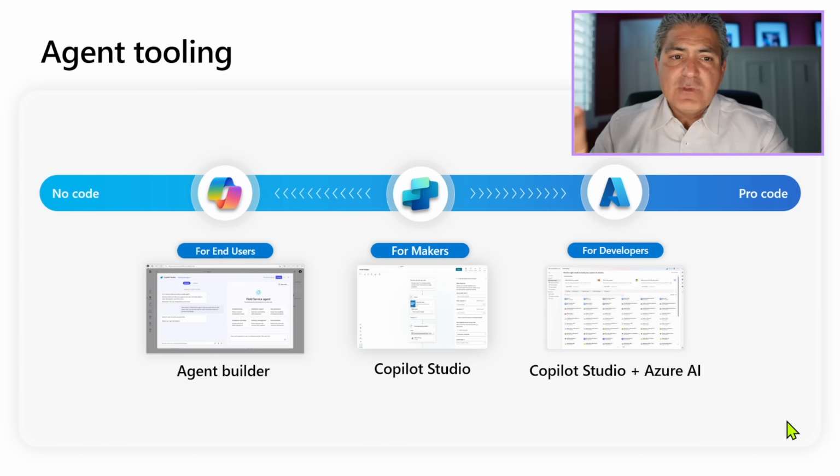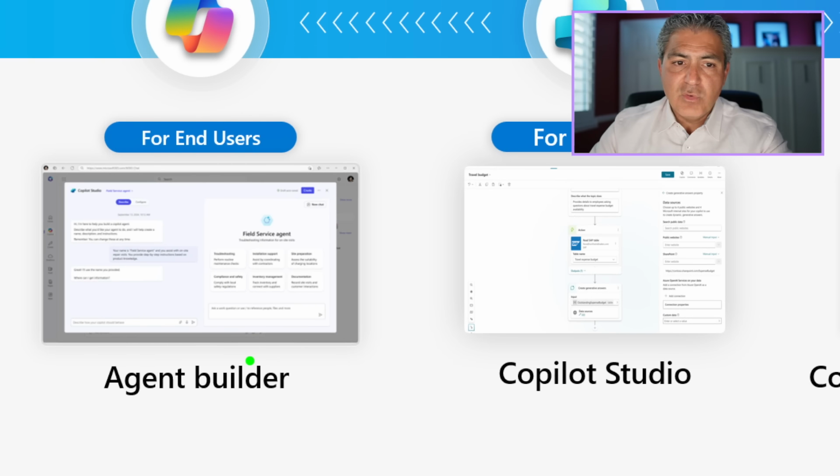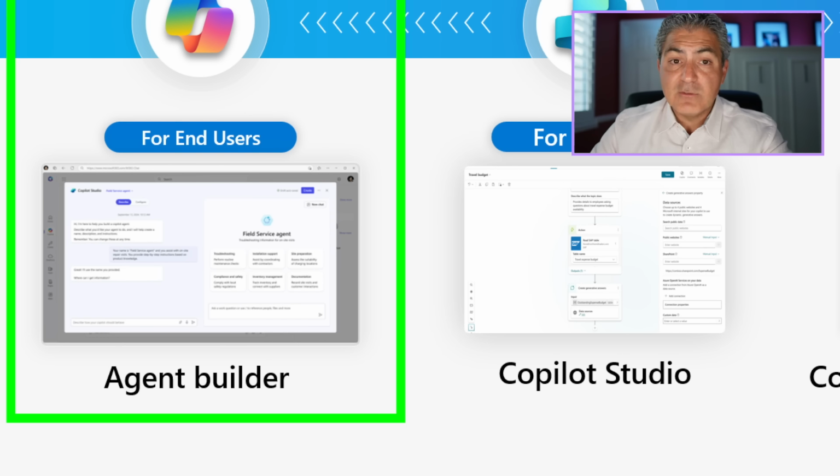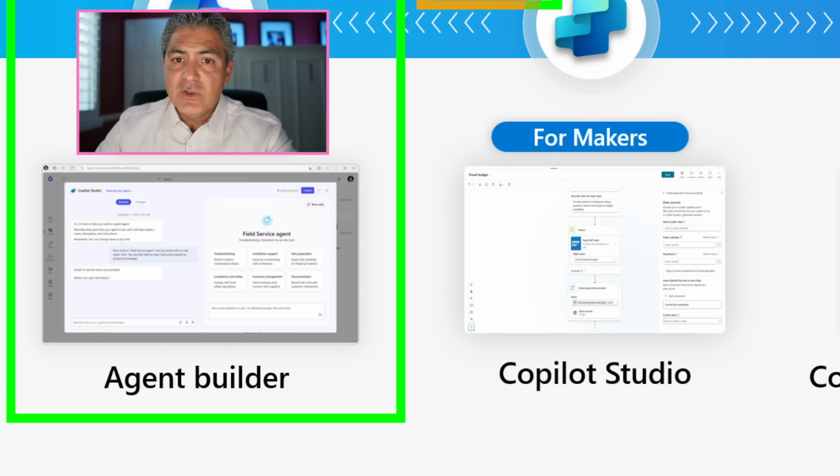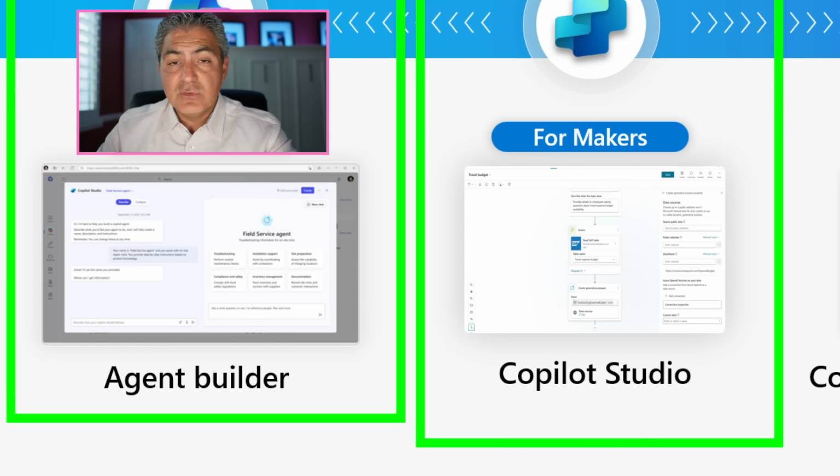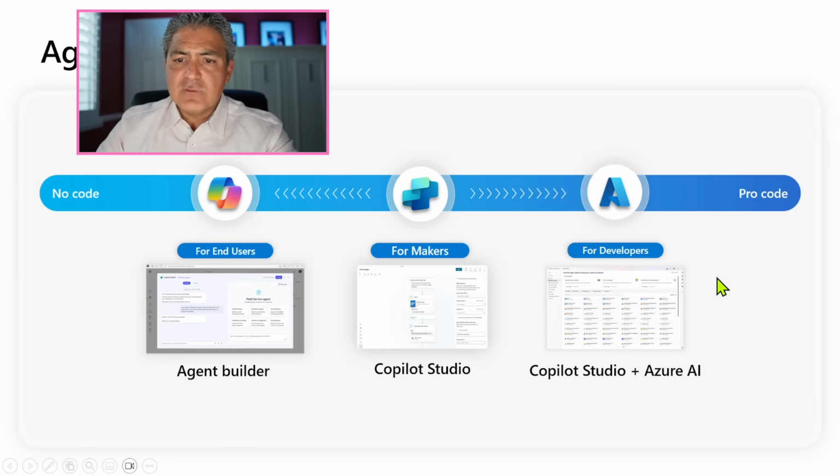And finally, I'll wrap by saying that there are different agent tools where you can build them. We have no code, and on the more advanced side, we have pro code. And so on the simple side, for people that are not really programmers, myself included, we can use tools like Agent Builder that exists inside Teams to develop the simple agents. And a little bit more complex, you can use tools like Copilot Studio to create those intermediate agents. And I've actually done a video on how to use Copilot Studio to connect Copilot to ServiceNow in the past. And then also